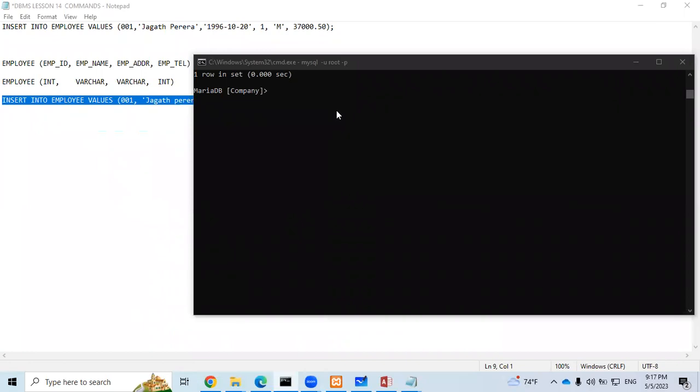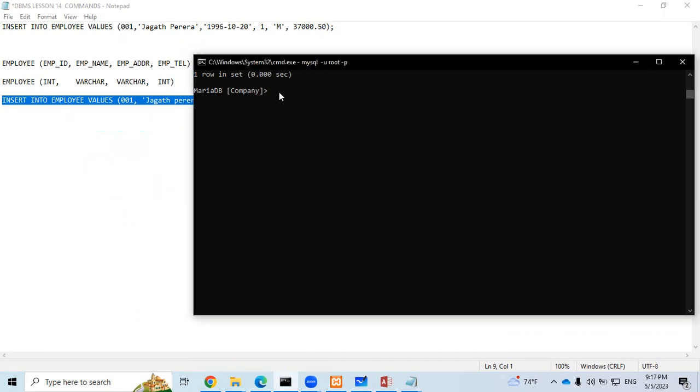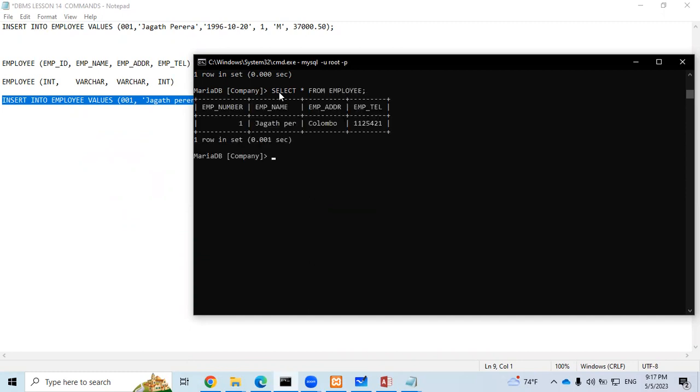Okay, so now we have inserted some data, right? So let's see whether that data is actually inside the table. How to see? Select all. We are going to learn about this later. Select all from the table name employee. So, okay, so now you can see the data which we have inserted is already inside